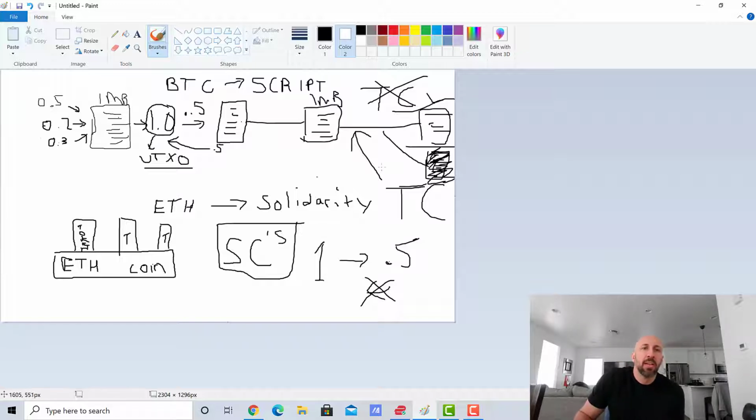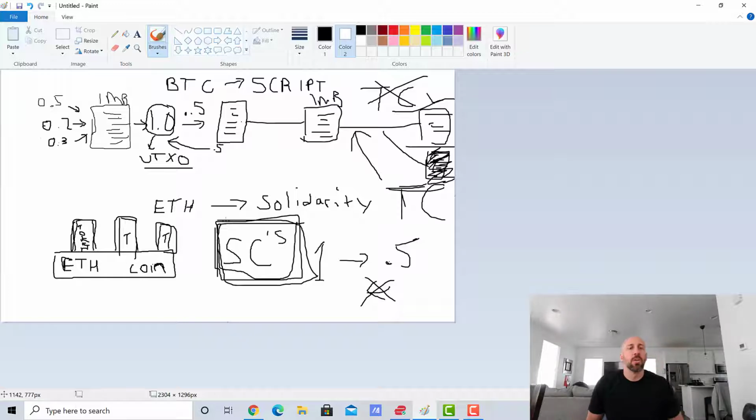Because it's Turing complete and it can solve mathematical problems, and you have smart contracts that can send fractions of your currency, things tend to get built more off the Ethereum blockchain. So there is a difference between a coin and a token, right? A network like Ethereum is a coin, and tokens are built off this coin. So you can see here you have token,